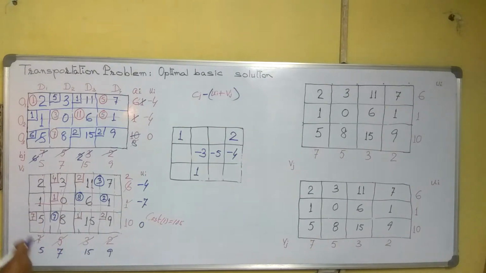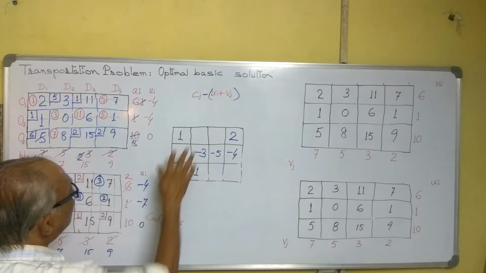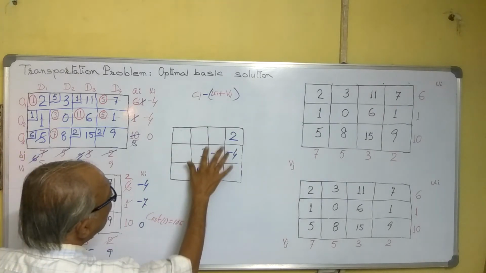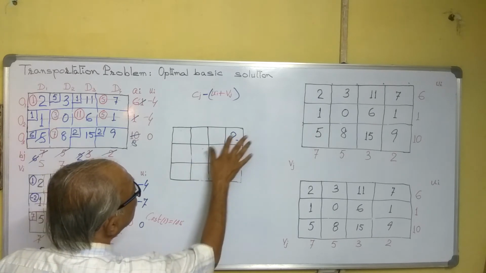This is done. Then here 5 minus 7 will be minus 2. And here 5 minus 4 will be 1. So in this way, all the cells which were allotted are written in squares, and which were unallotted, there we write in circles. Again we have to find the new solution. Let us check what it is coming. We have to check it always. For every step we have to do it.